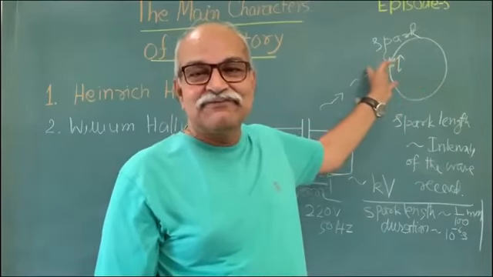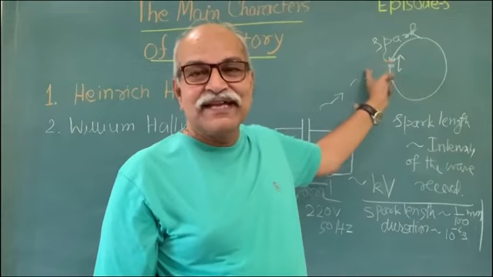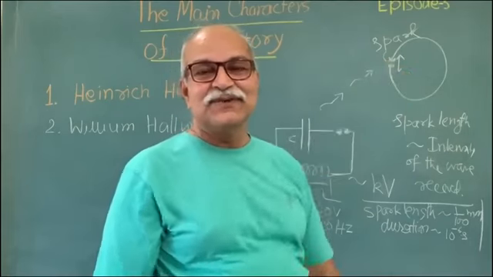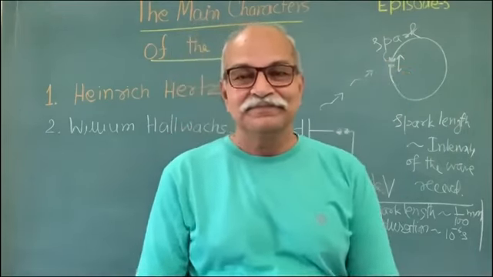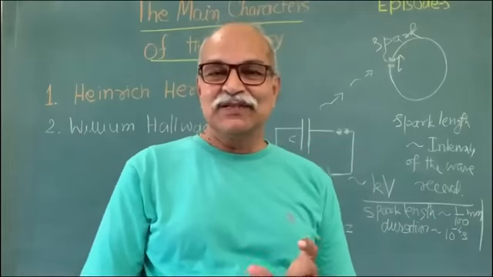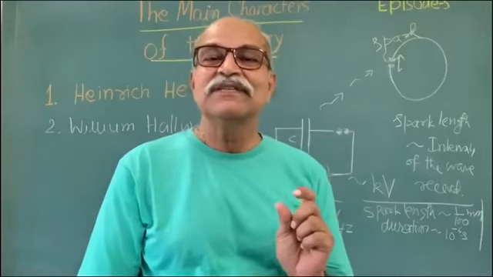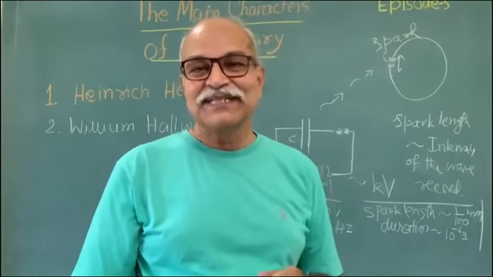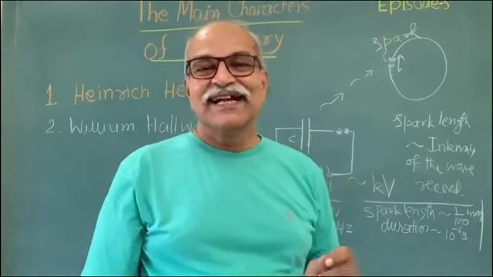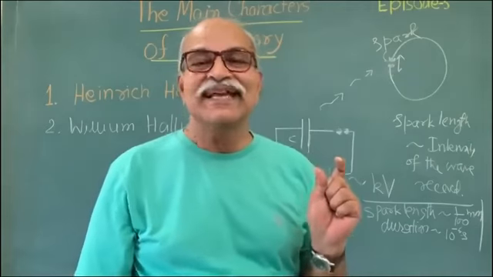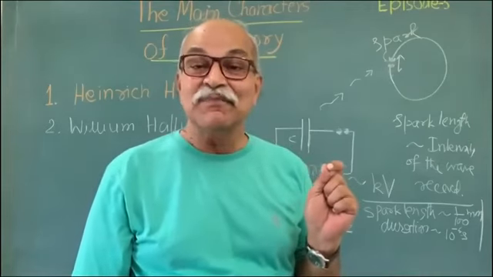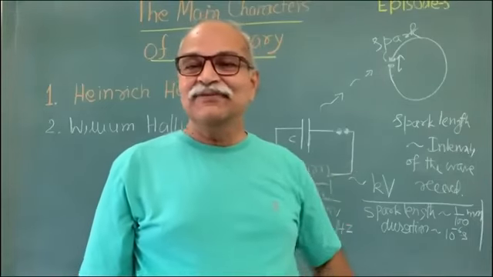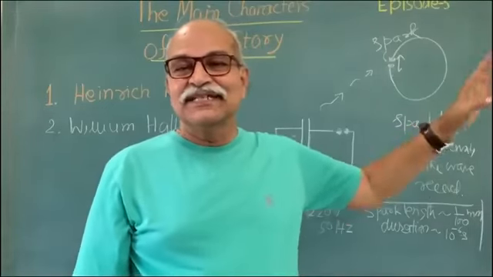This wave is coming from the primary circuit, and the adjustment of this length was his tool. The length of the spark, the length of this gap, he could adjust using whatever mechanism he put here. And the maximum length that a spark can jump gives me the idea of the strength. Then he encloses this receiver circuit